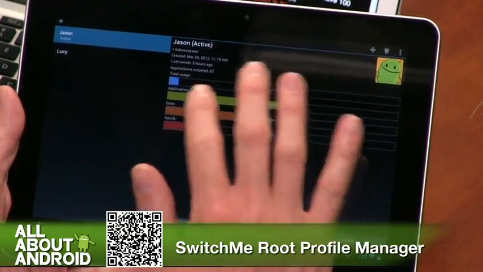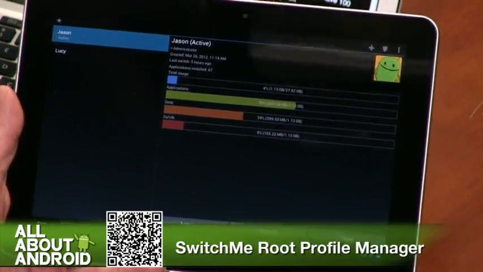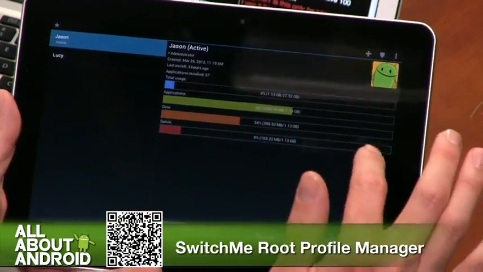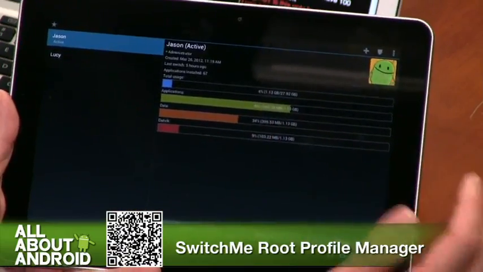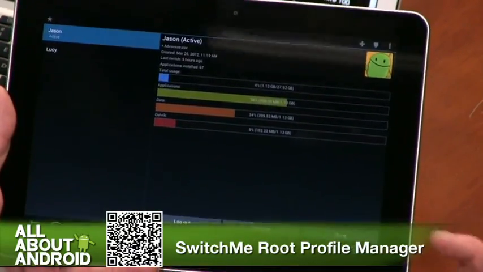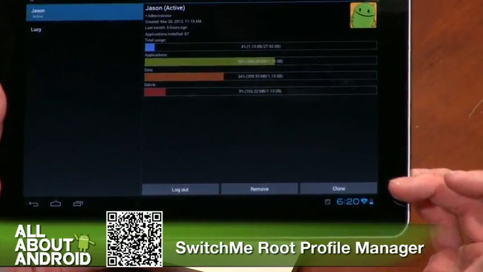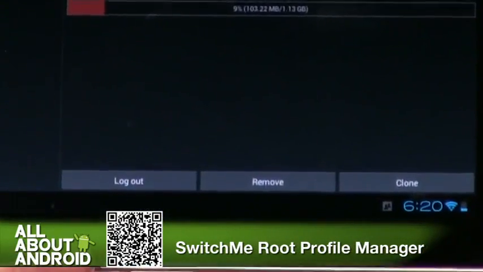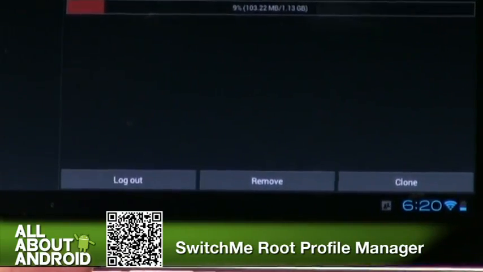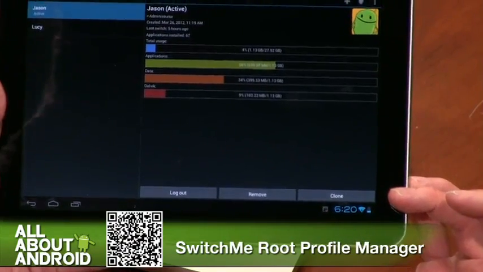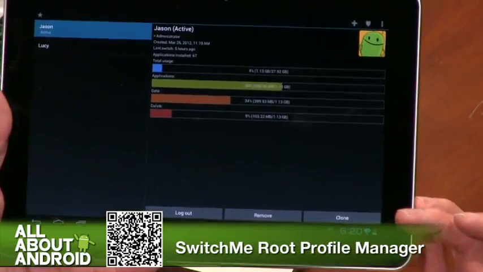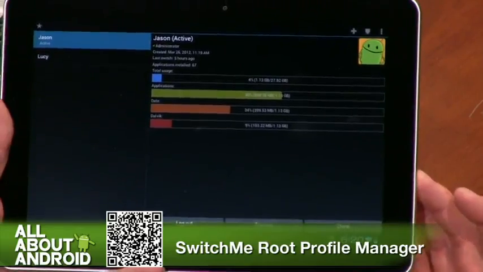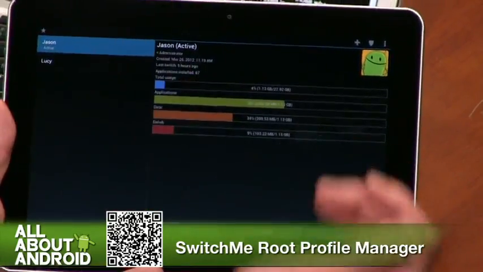Right now it's showing me quick specs on what this particular instance of CyanogenMod 9 has, as far as total usage of space, applications, data, all that kind of stuff. And I have the ability to clone this down at the bottom if I want to make a quick copy of this and create another profile based on this as a source and maybe tweak it for another use. Cool. So you don't have to go through every setting. Right, exactly. Say, listen, I know I like this. This could be good for my wife. Clone it, and then allow her to tweak it so that the general settings are the same.